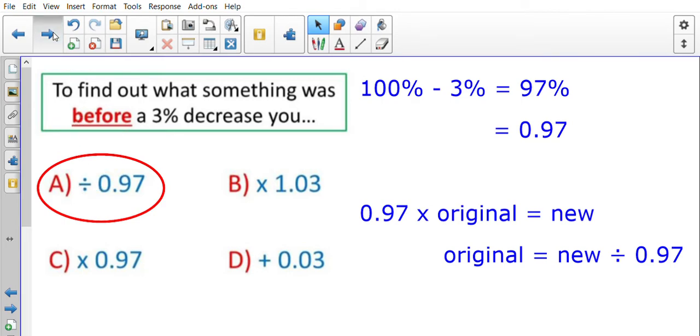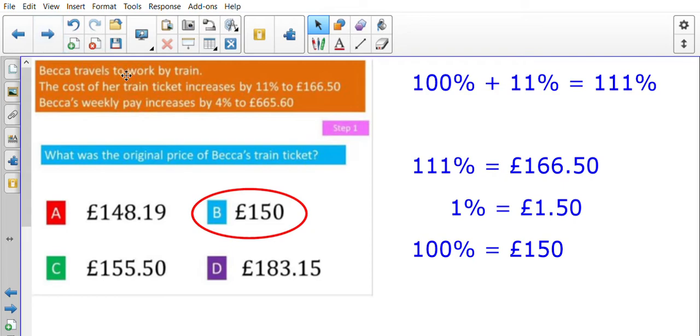The next question looking very similar to just 2 questions ago, but this time we're asked for the original price of Becca's train ticket. So we're going to be looking at the middle piece of information here. The cost of a train ticket increases by 11% to £166.50. So because it's increased by 11%, we're adding on. So we now have